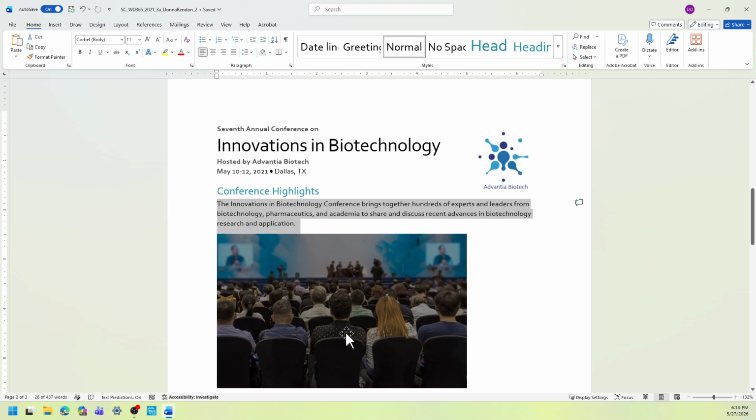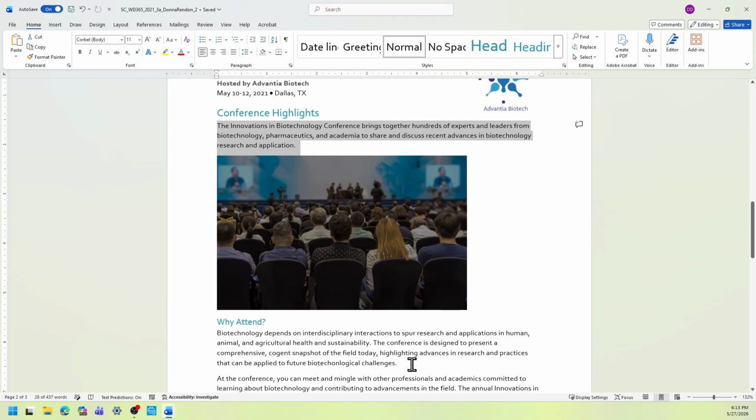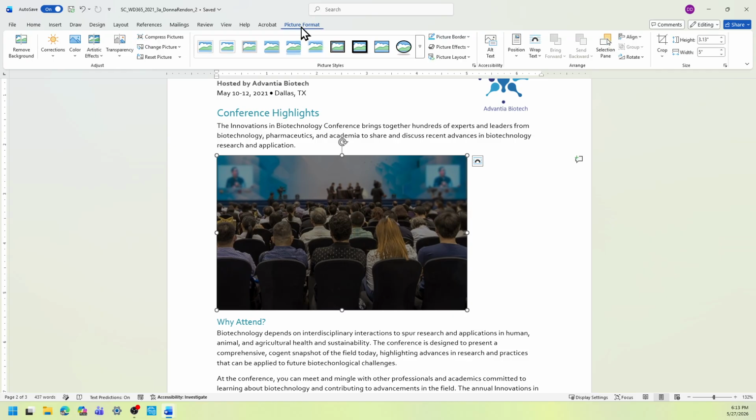So we're going to select the picture first so that the picture format menu shows up. Right now, it's not there. Select the picture now. It's okay to select the picture format menu. We're looking for the corrections. So look for the adjust group, and there's the corrections drop down menu.